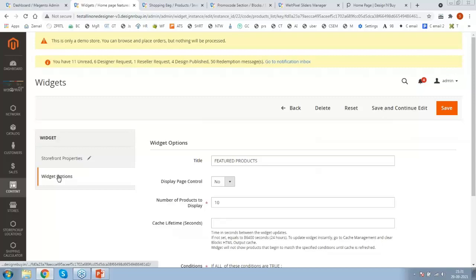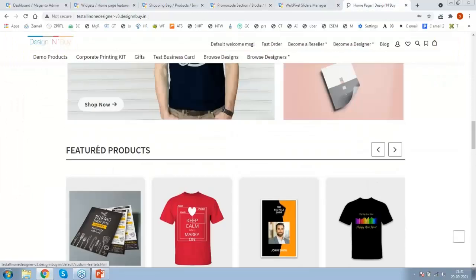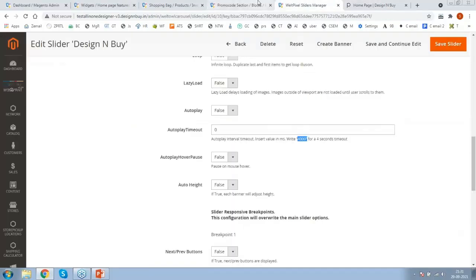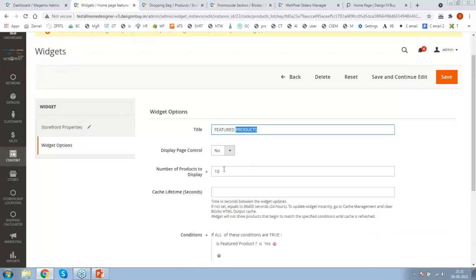And then the widget options, meaning featured products. Let's say for my French store I want a different title. Right now it's simple, featured products, it's here. Instead of this I want to change it, I can put a different title. For French store it will be different, German store it will be different. Then I can enhance the view.